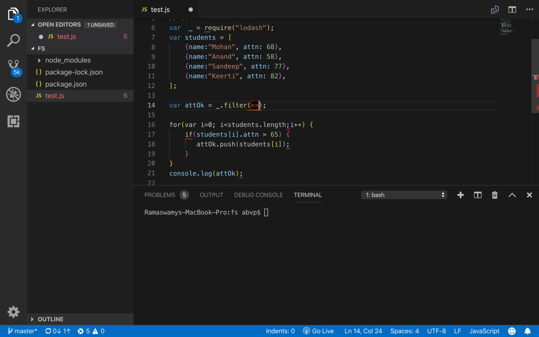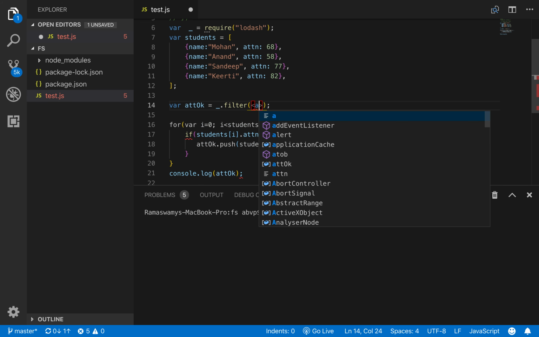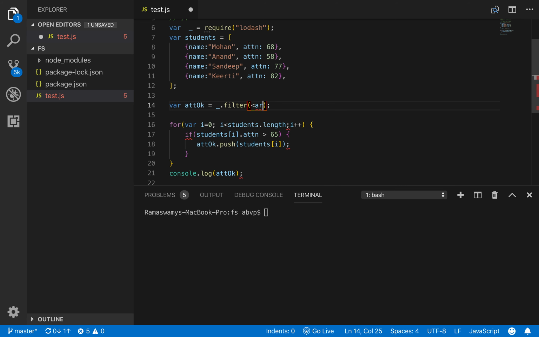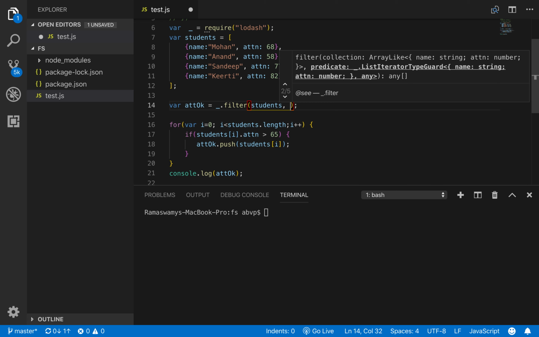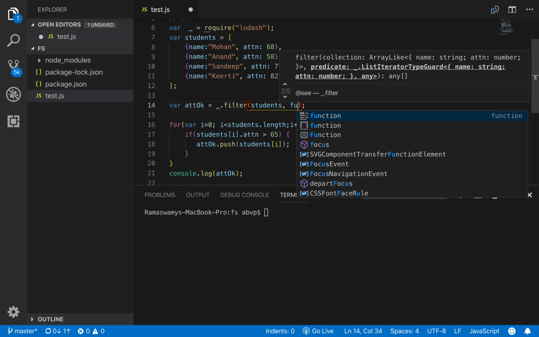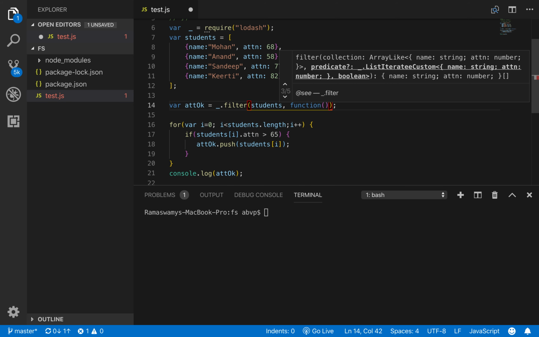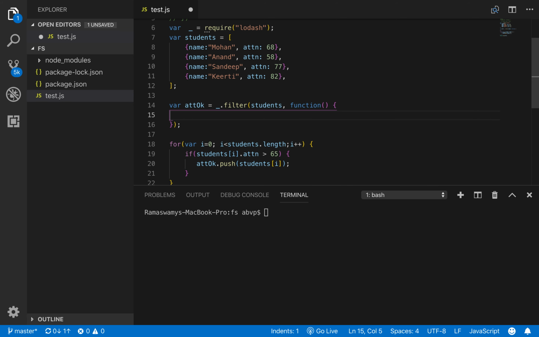So filter, you pass in your first parameter, which is your array. So your array is referred to as students, and your second argument is a function. So let us have an anonymous function, and let us within the function return a boolean value.